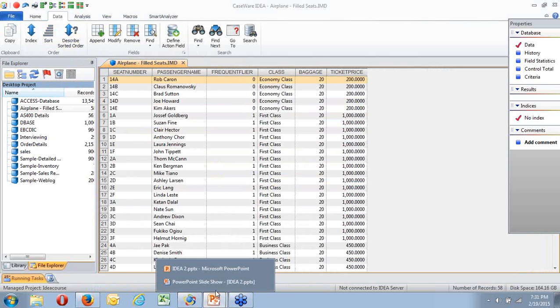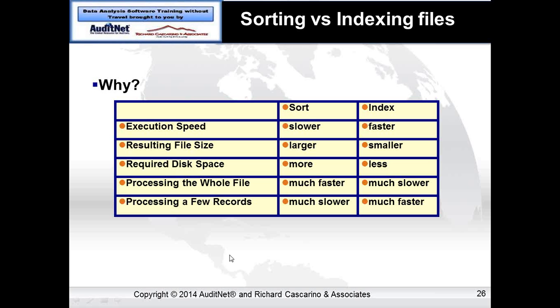Why? Because if I want to look at hitting a big file, to sort the whole file takes a long time. Now, it always takes a long time, but it could be the difference between half a second and 3/4 of a second with a small file.